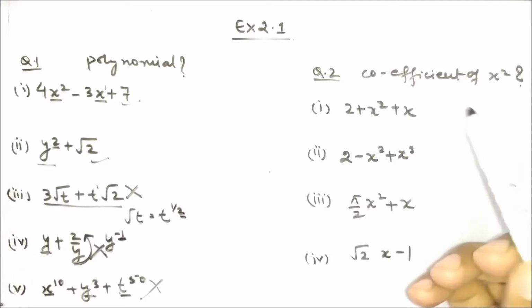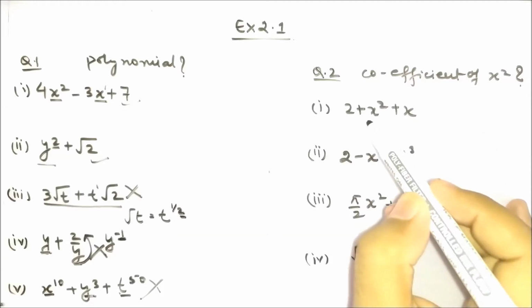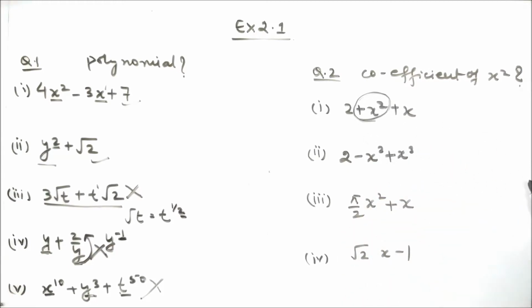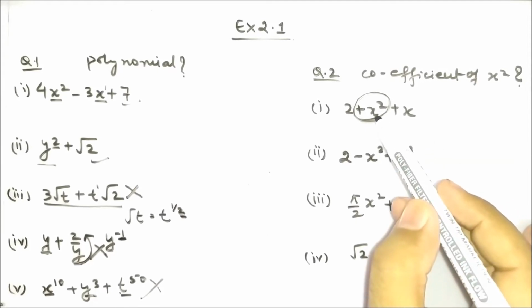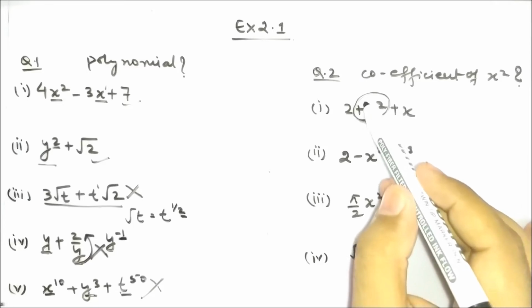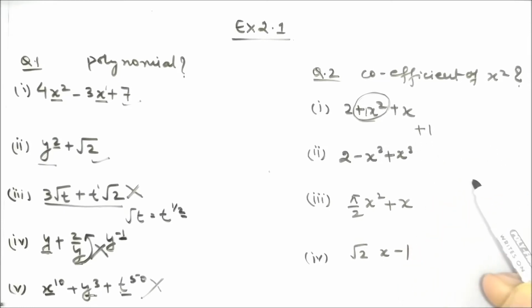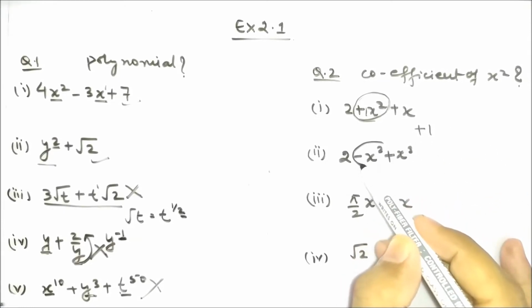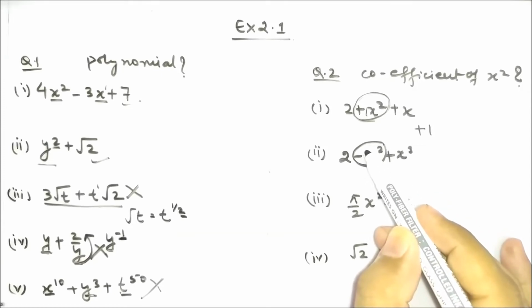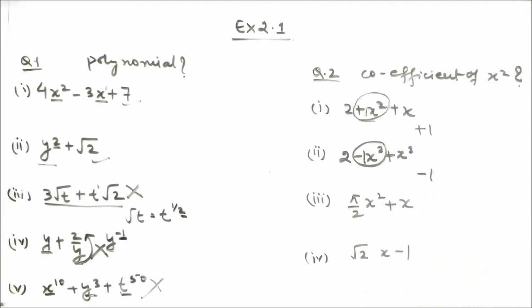Now coming back to the second question, it says you have to find the coefficient of x square in the given expressions. So first we will identify the term consisting of x square. Like here this term consists of x square. Now what does coefficient mean? Coefficient means the numerical term associated with that, okay? So x square, as nothing is mentioned here, we can assume 1 there. So the coefficient of x square is +1. When we see here, this term is the x square term, so the number associated is -1. Nothing is mentioned, so we can assume 1 here. So -1 is the coefficient of x square.